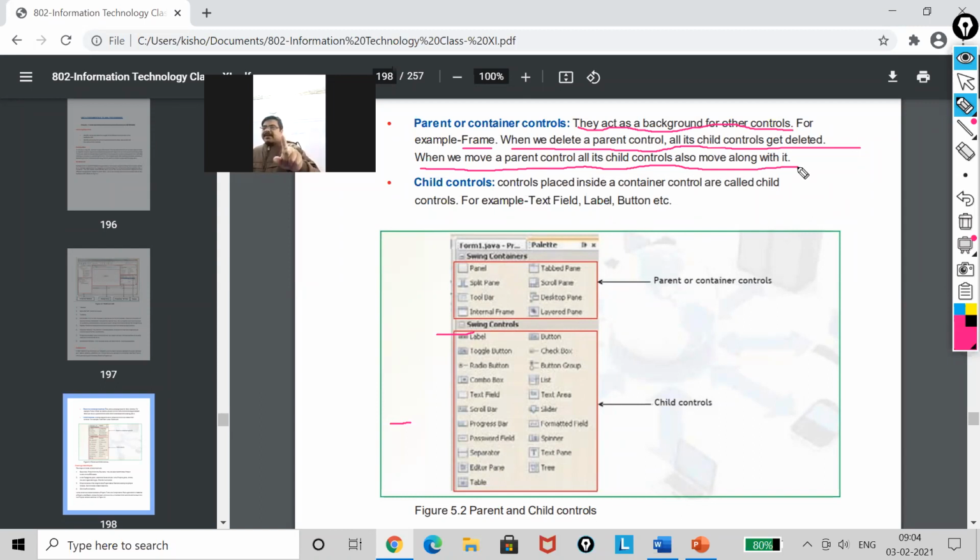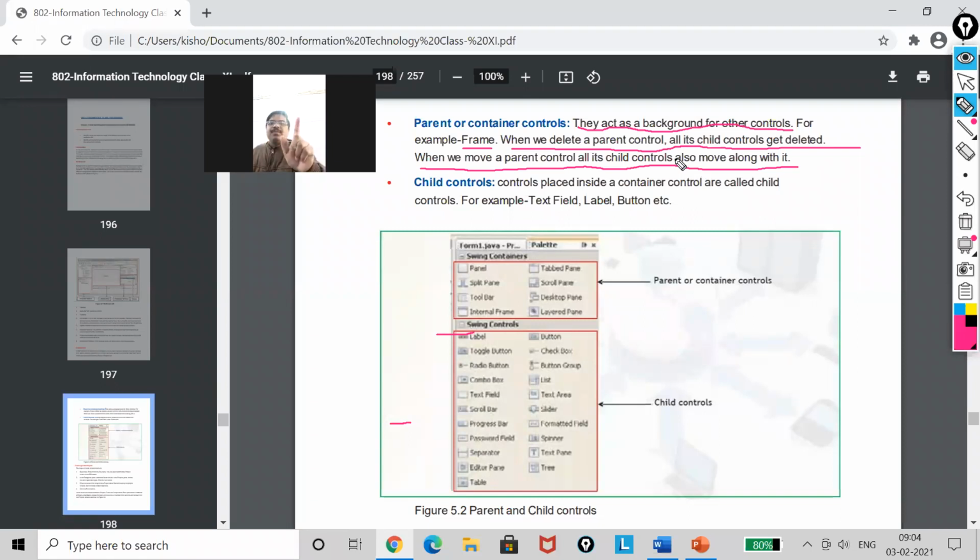But if I delete the folder, what will happen? Whatever files are kept inside the folder will also be deleted. Okay. Then can I delete one file from the folder? Yes. But will the other 4 files be affected?